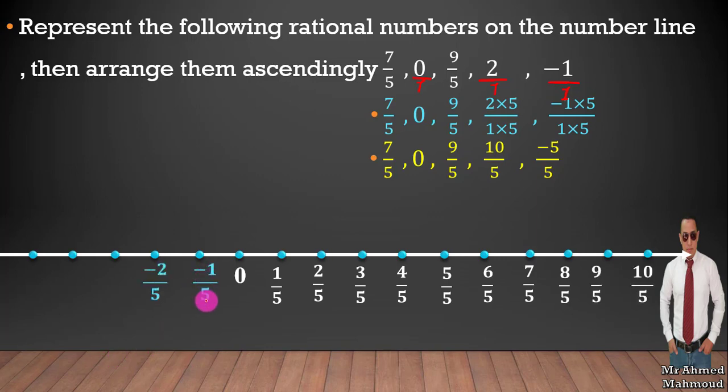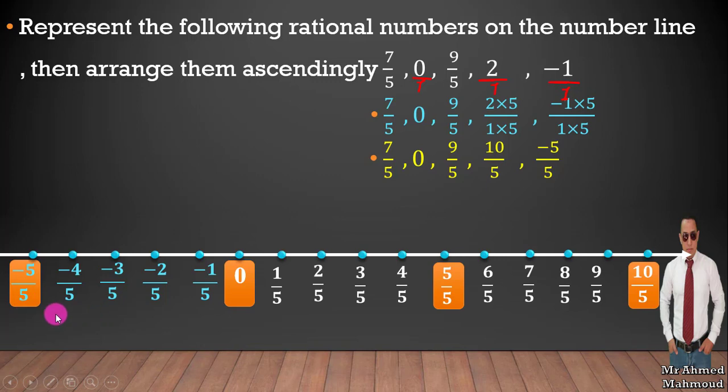To the left, negative 1 over 5, negative 2 over 5 and so on. The whole numbers are 0, 5 over 5, 10 over 5, because 10 over 5 is equal to negative 5 over 5, which is equal to negative 1. Okay, now 7 over 5 here,